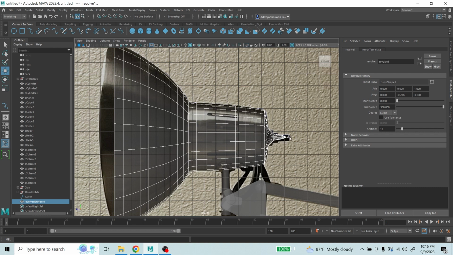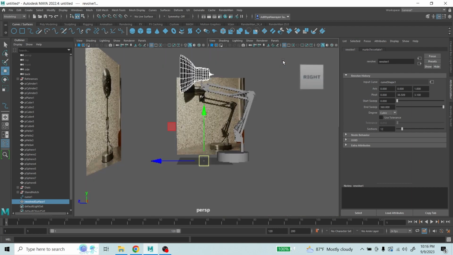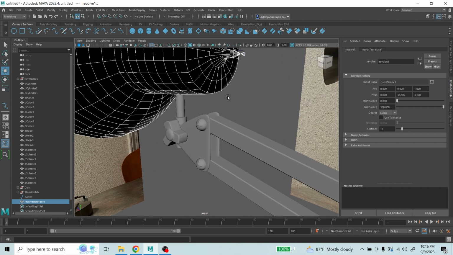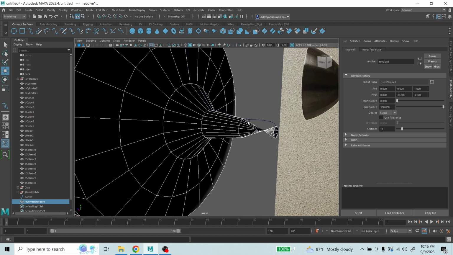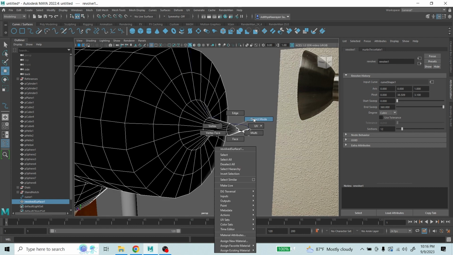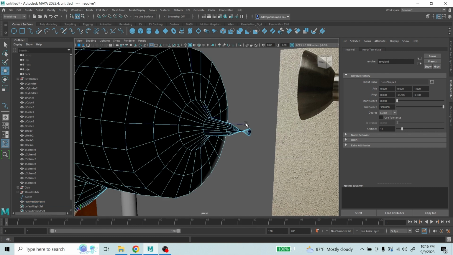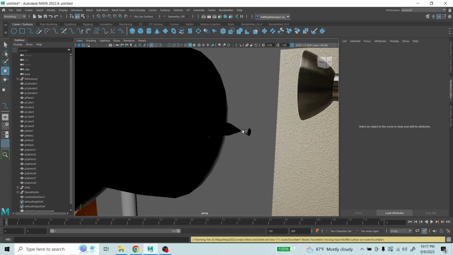So we do see that we have some problems right here, but that should be an easy fix. So let's go ahead and go into perspective mode. Let's see what the issue is, and I think I know exactly why. This curve right here seems to have been going down, which is what's causing this weird issue. So all we have to do now is take this curve, and we can delete it now that